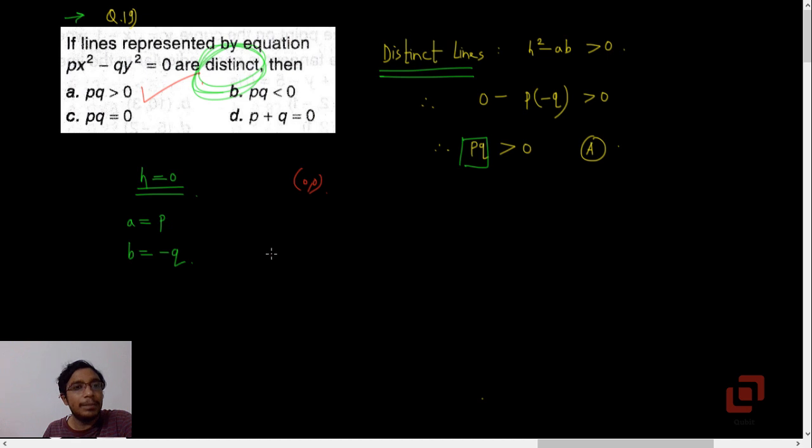And if you take p plus q equal to 0, I think that is worth looking at. p plus q equal to 0, so q is minus p, or minus q is p. Again, that does not make any change. If p is non-zero, then it will again be x squared plus y squared equal to 0, which will be an equation satisfied only by the origin. So the correct option is A.